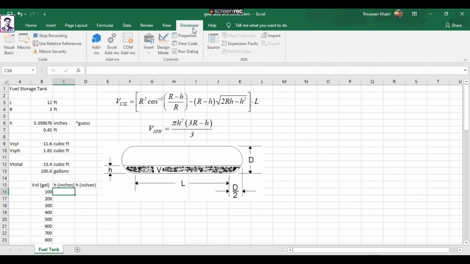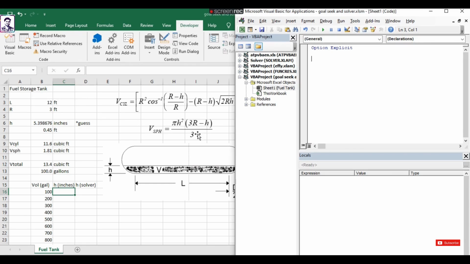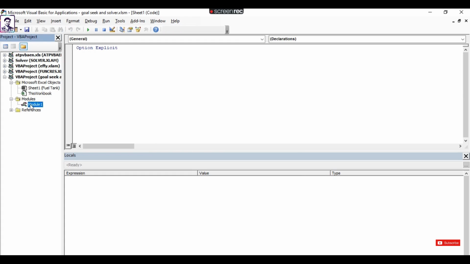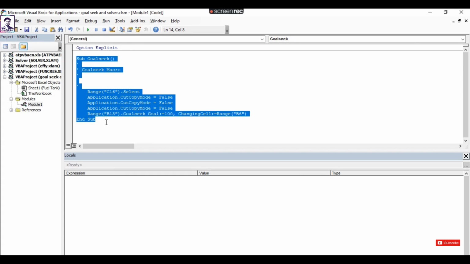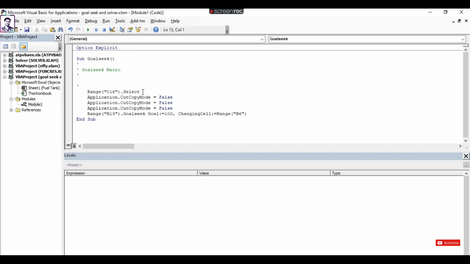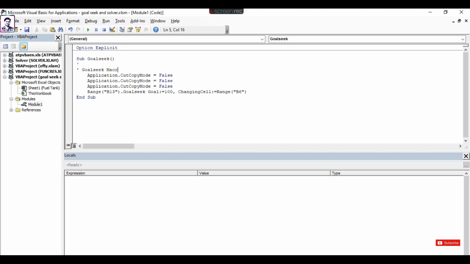Okay, now I can stop my recording, and to view the codes I can move to the Visual Basic tab. Under the modules, I can see my executed codes while I was performing the goalseek. If you remember, while performing the goalseek, I selected this particular cell, so it has assigned its own unique code for that action, which we don't need in our iterations. So I'm simply cancelling this,